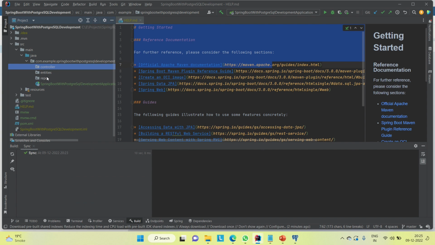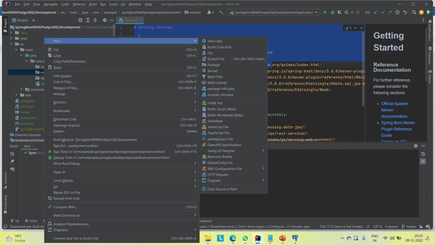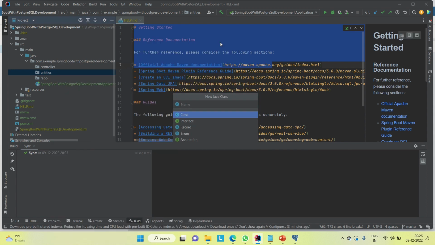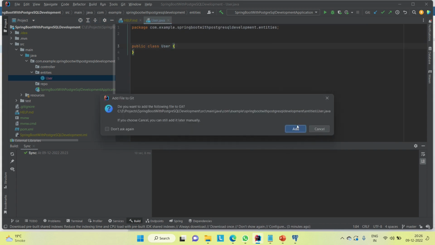I'm not creating the service package, just the entity, repository and controller. So inside the entity, say we are creating some user table. So according to that, we'll create the entity. We are just maintaining the API for the user. So the entity class would be user,